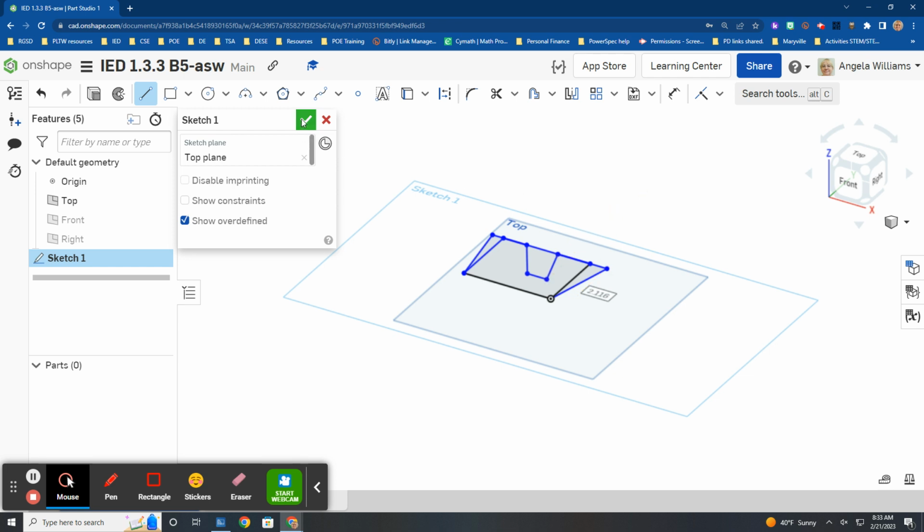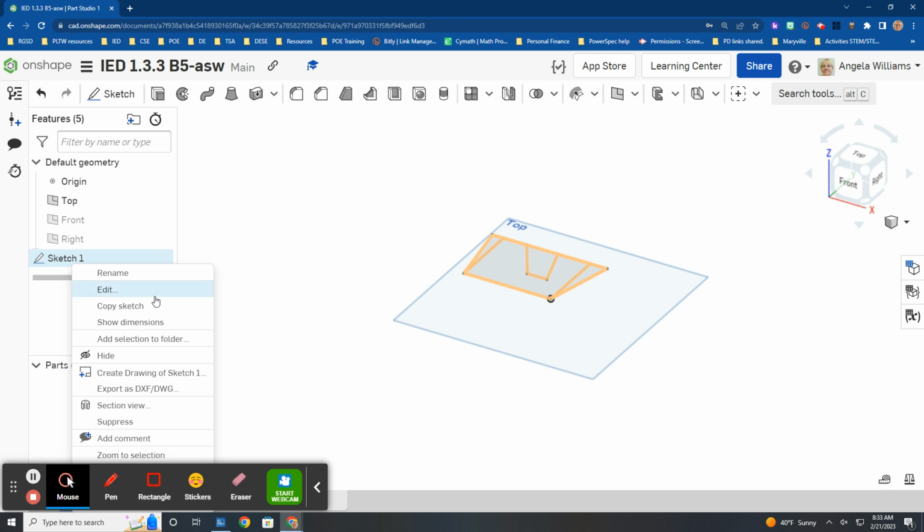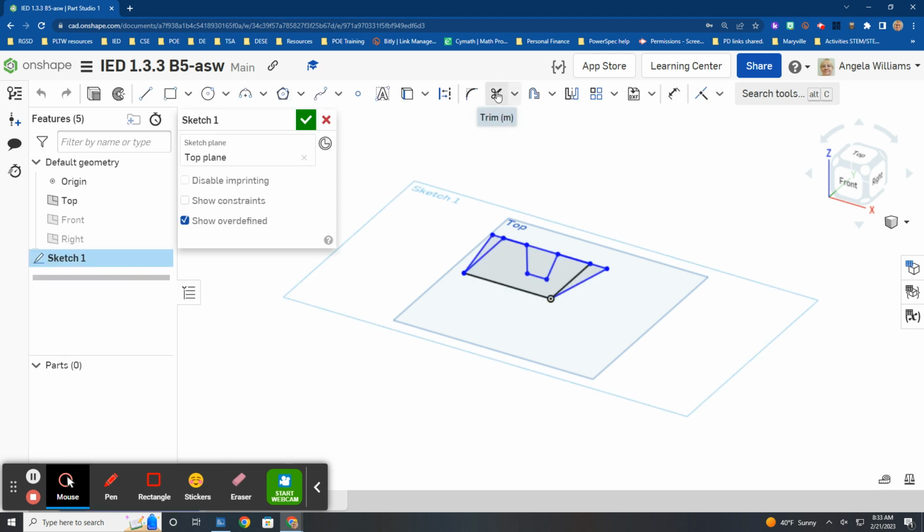What am I going to do about that? What do I need to cut out? So let's see. So we need to cut. So if we go to, where'd our scissors go? There's our scissors right there. So what do we want to trim? We want to trim this out. We want to trim this out. We want to trim that out. And there we go. Doesn't look exactly like the picture, but